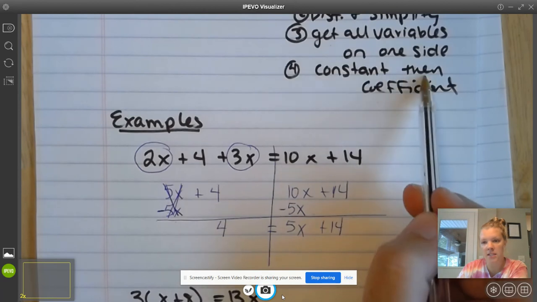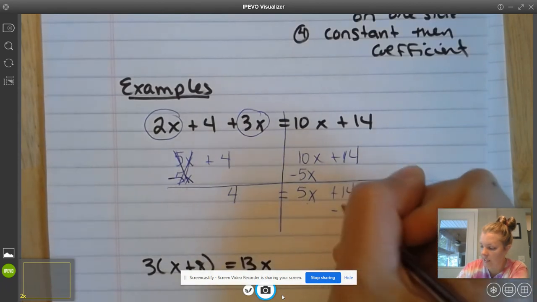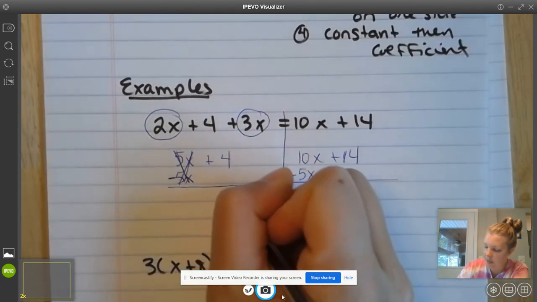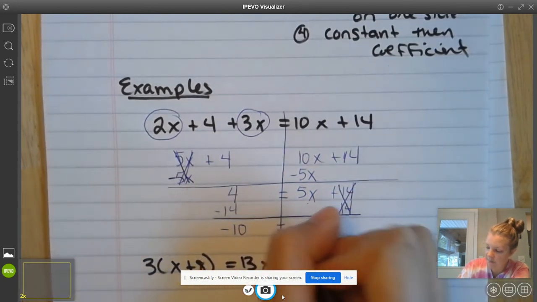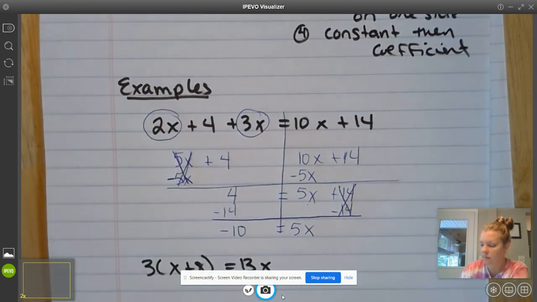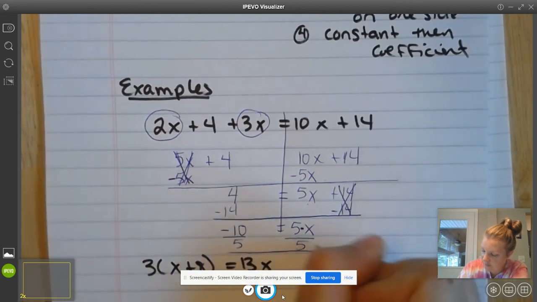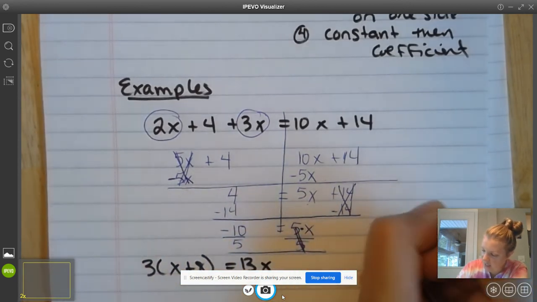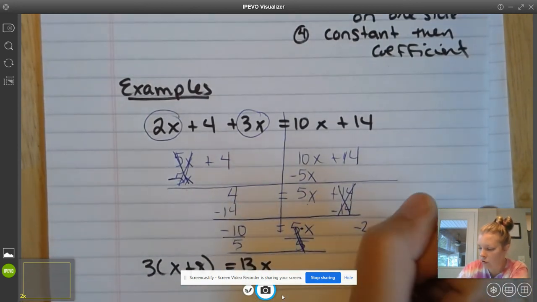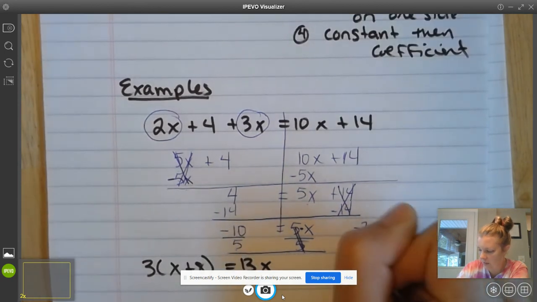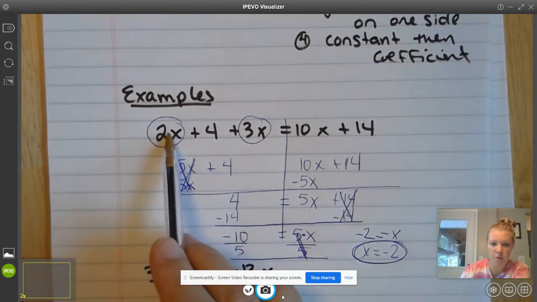Now I need to get rid of the constant and then the coefficient. I'm looking at the side with the x. The constant is the 14. So I'm going to take away 14. Take away 14. 4 minus 14 is negative 10. And a 5x is left. So then I have to get rid of a times 5 by dividing both sides by 5. And I'm left with x is equal to negative 2. Like this is an x and negative 10 divided by 5 is negative 2. You can flip that around to have the x first, but my answer is negative 2. If I wanted to check my work, I could replace every x